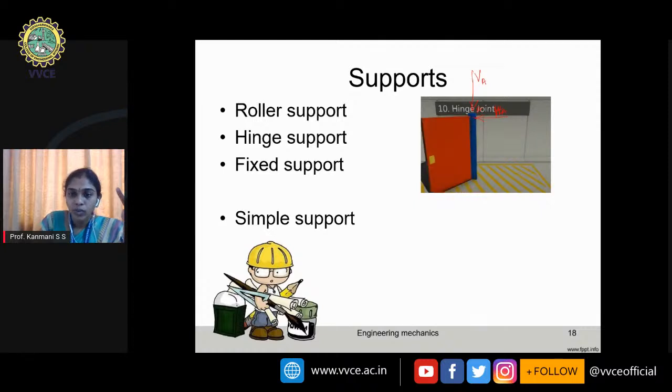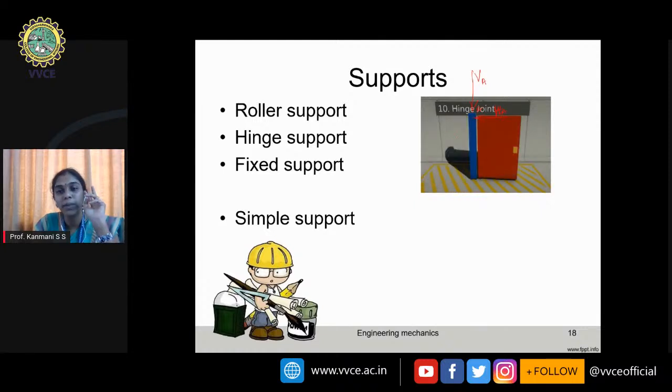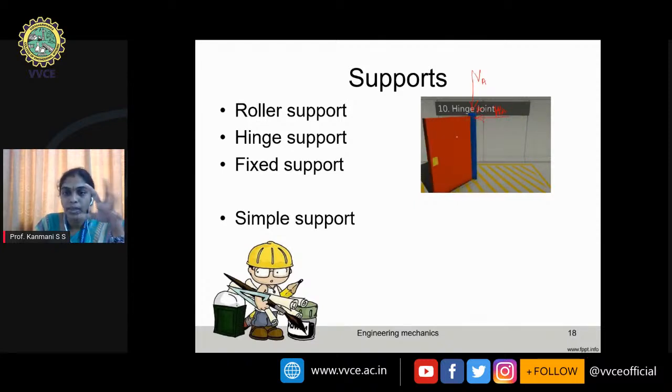One is HA and one is VA, and these two reactions are making sure, or resisting, that the body should not move from its original position either in the x direction or in the y direction. But observe, this body is rotating. In this case, since this body has a dimension in the x and y axes, it is rotating about the y axis here, but in the actual field, as I showed you in the previous cases, it will rotate about the z axis. So in a hinge support, usually you have two reactions, HA and VA,